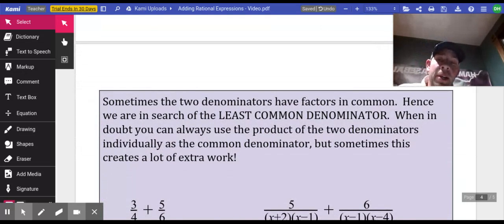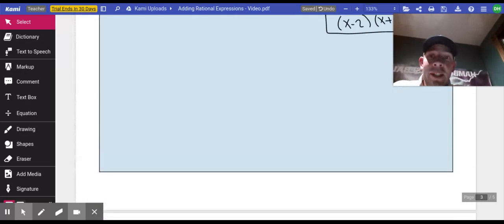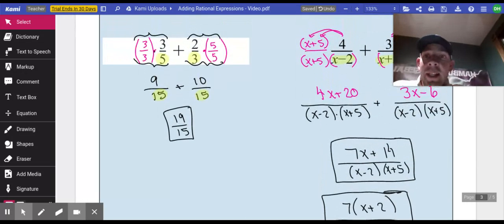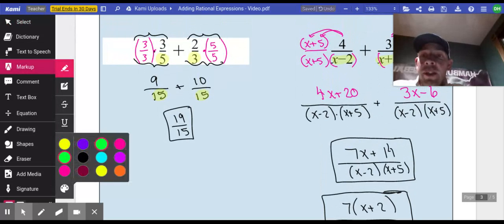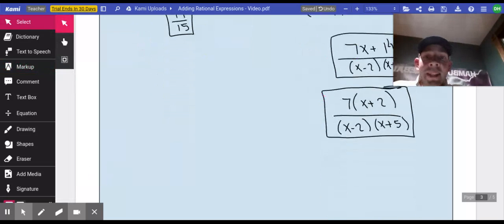So here's our most challenging one tonight for sure. Sometimes these two denominators have factors in common themselves, okay? So what we're saying is what we didn't have in the last one. So for instance, let's say our denominators here, we had a 5 and a 3. The 5 and the 3 had nothing in common, so we just multiplied them together, right? However, in this next example,